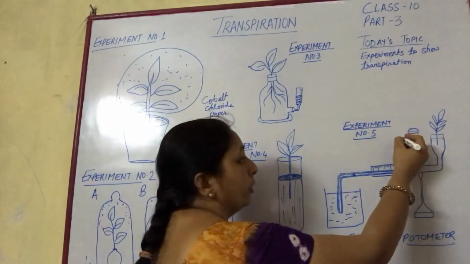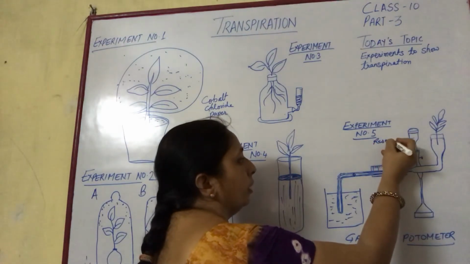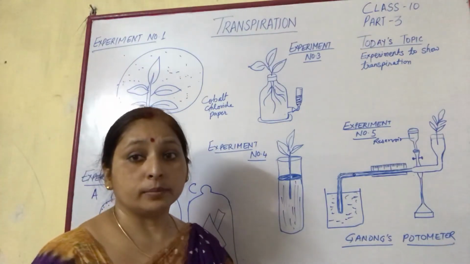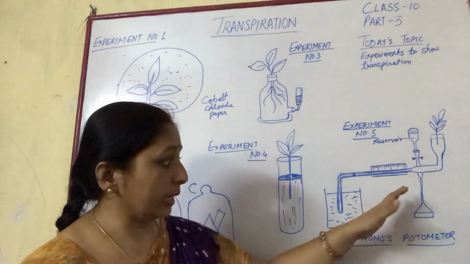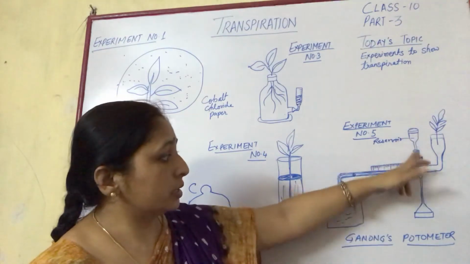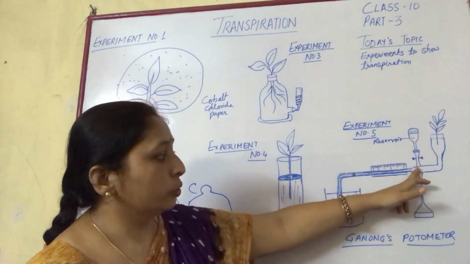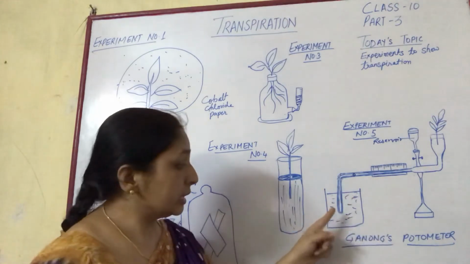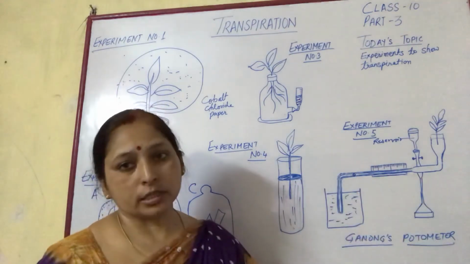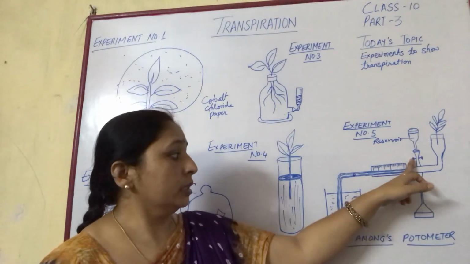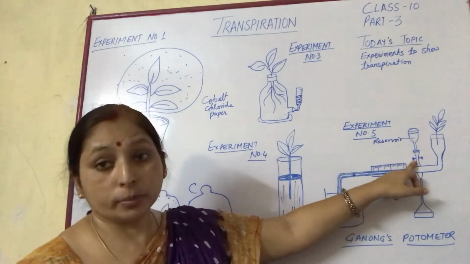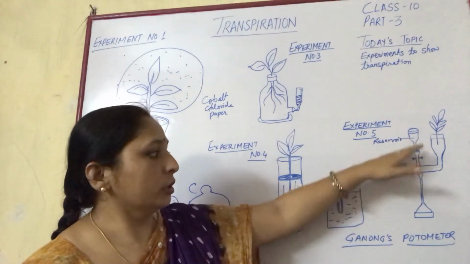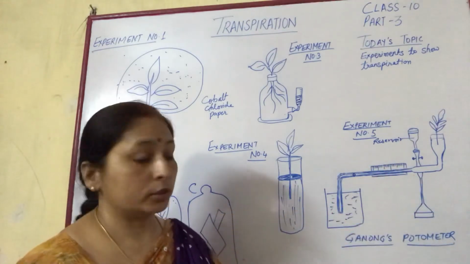Then this is a reservoir. The presence of the reservoir is useful if we want to perform the experiment one or two more times: we can insert some water from this reservoir into the apparatus, and this air bubble can be pushed back, and again the process can be repeated. Here you can see that stopcocks are present. This stopcock can be used to allow water to enter the apparatus, or to avoid it.